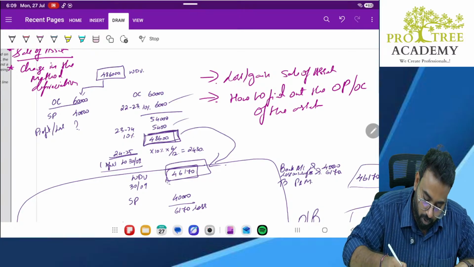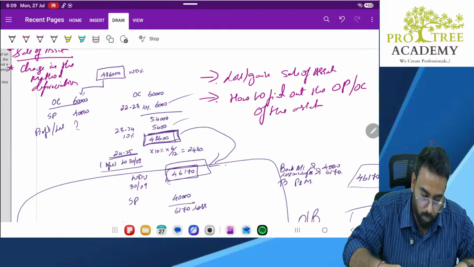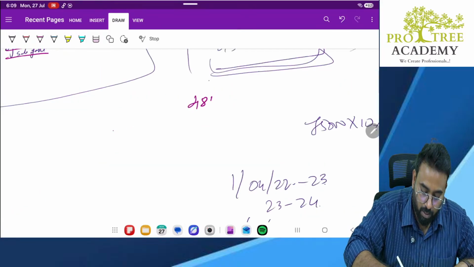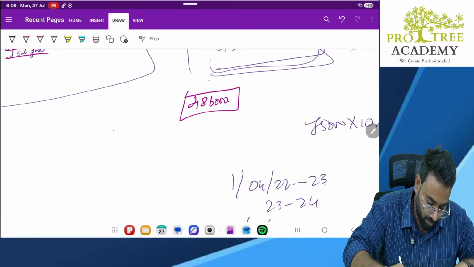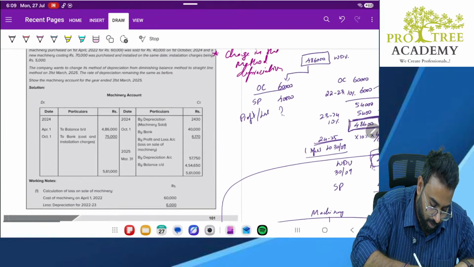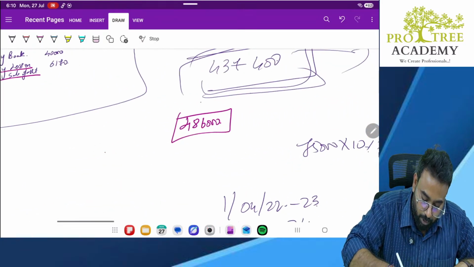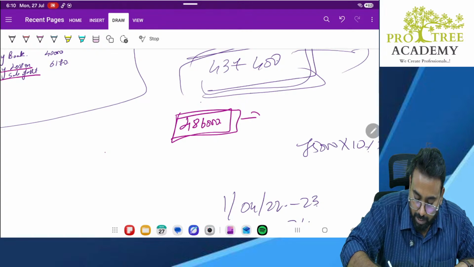So we found out what the loss was. Then next, 4,86,000 was the total WDV of the asset, correct? So this is WDV including the asset which is sold,